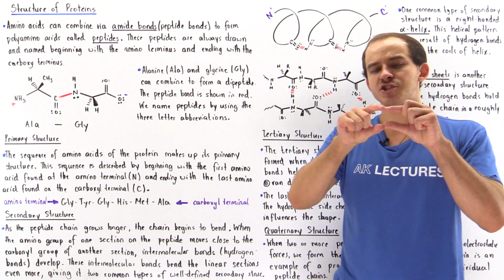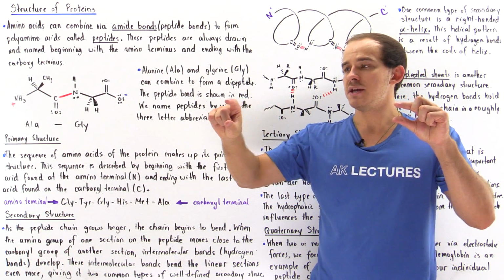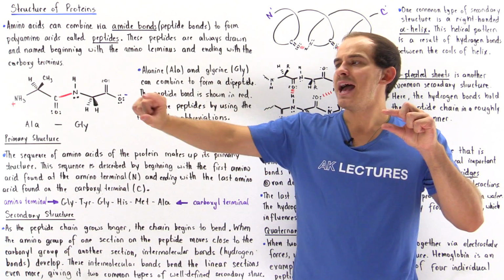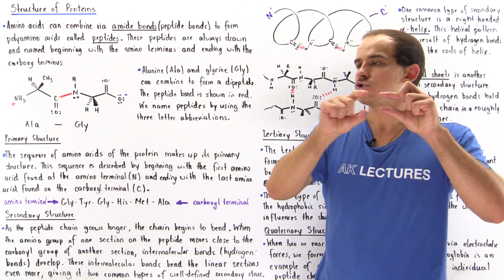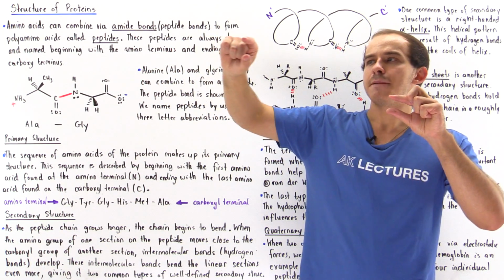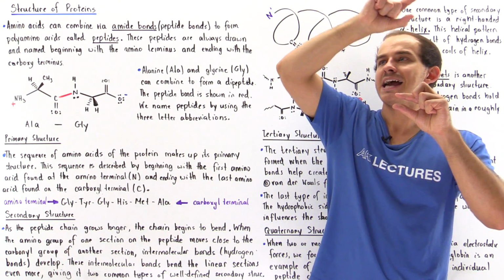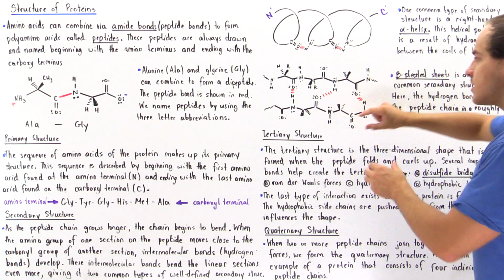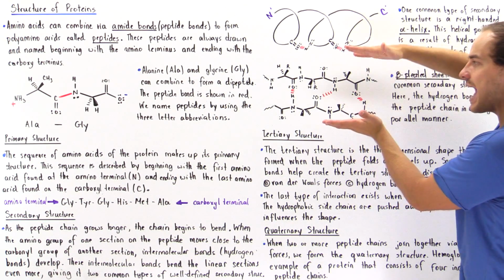So let's imagine we have our chain, and as we increase the number of amino acids, this chain begins to bend. And it could bend in the following fashion. So if we imagine we have a straight chain, it bends and it forms an anti-parallel straight chain where it goes in the opposite direction. It bends again, it goes this way and so forth, as these different linear sections basically stack on top of